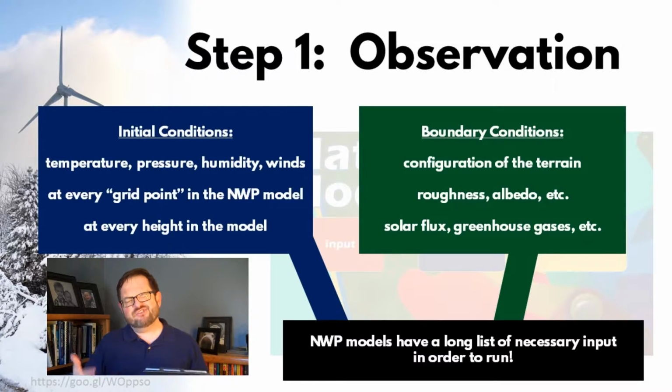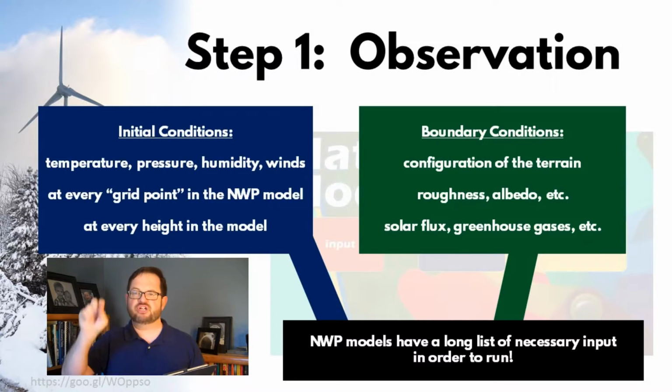This is something that we get into more details about in the electrical load and yield course, or if you take my science of climate change course. But broadly speaking, there's two kinds of input to a numerical weather prediction model: the so-called initial conditions and the so-called boundary conditions. Initial conditions are the observations that you're gathering from any available platform, whether that is weather stations or upper air stations or whatever, and you are getting information about what the atmosphere is doing right now.